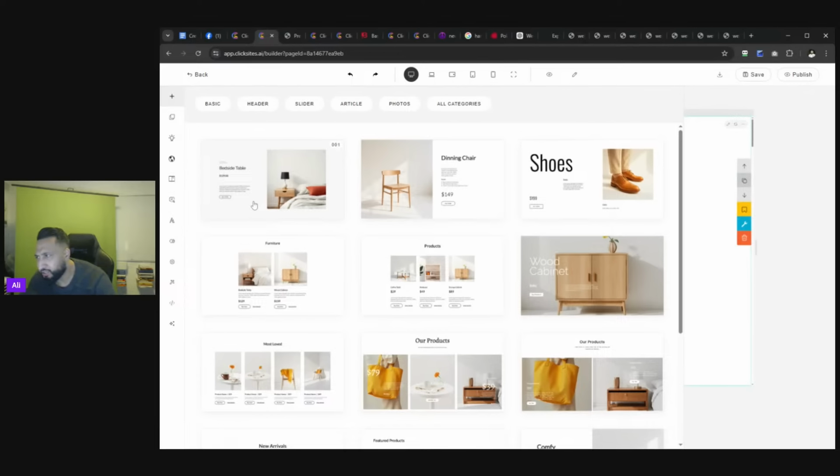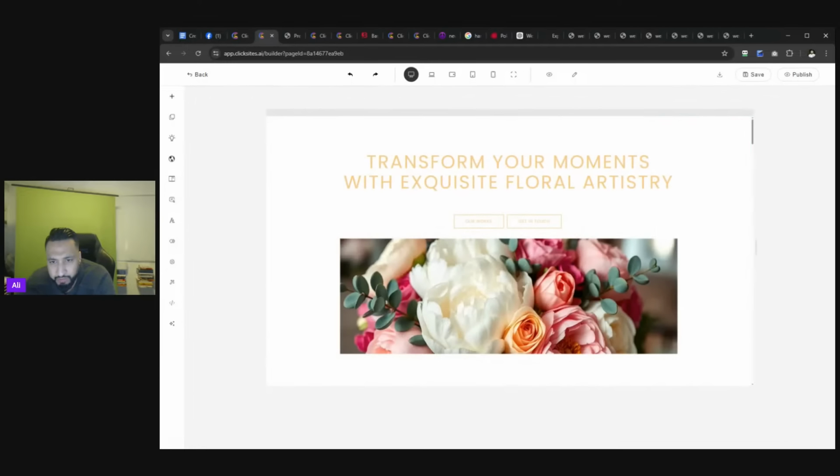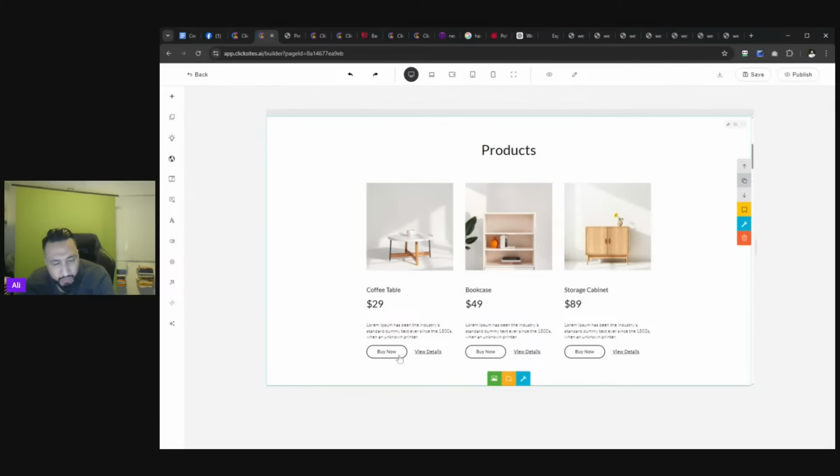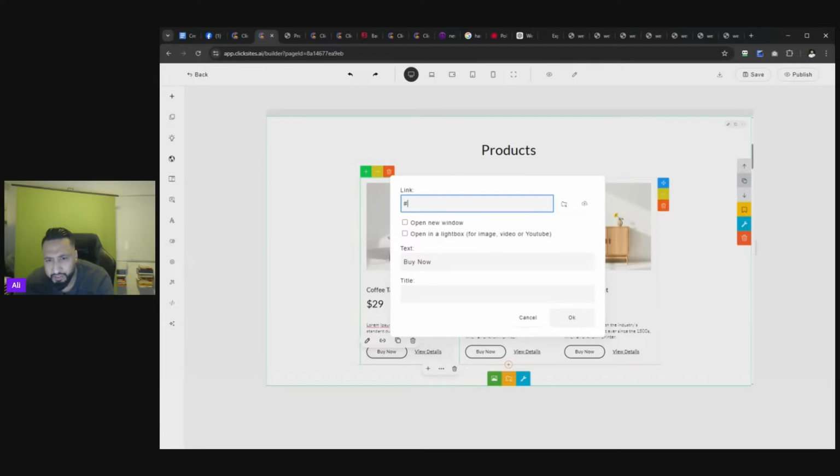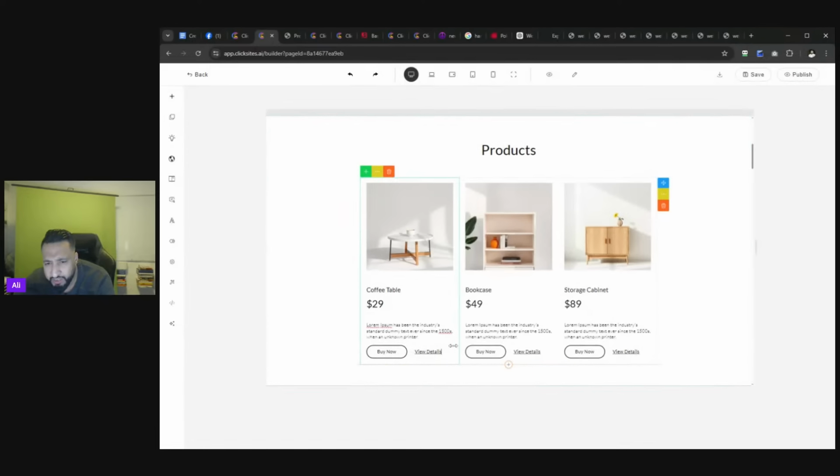Now, ClickSites is not built to create an e-commerce store like Shopify or any of those alternatives. However, you can build out the site where you could, if you wanted to, for example, add sections like this where you have the pricing. And with the payment buttons, you can have them linked to your third-party payment processors. Okay, if you have a delivery or fulfillment management system, like Shopify and such, you can have those linked. You click the buy now button and you can either put text in there, or alternatively, something like this,